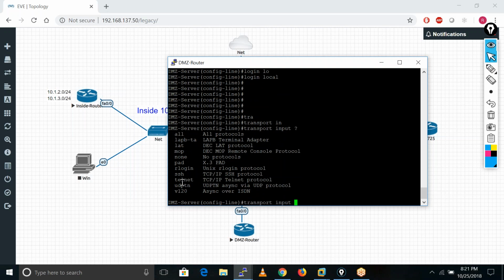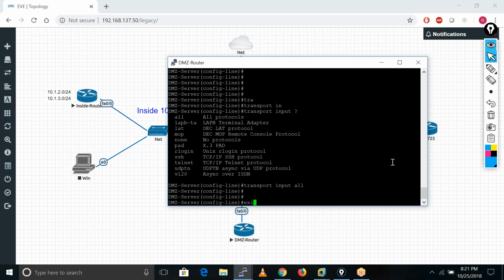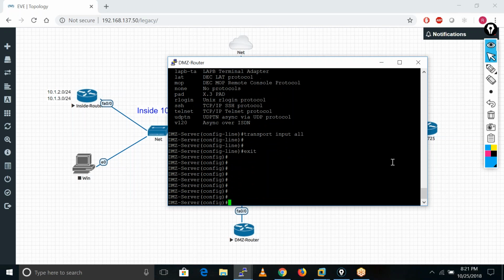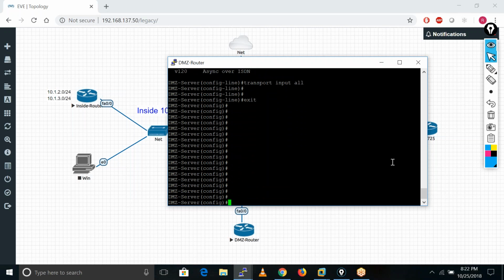We can define either telnet only or SSH only. So I am using all here. So I have configured the HTTP service and the telnet service, right?